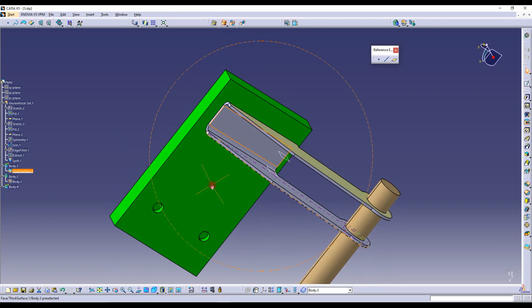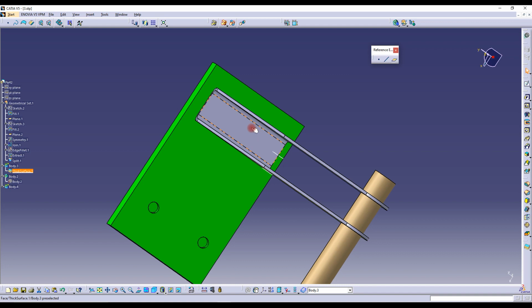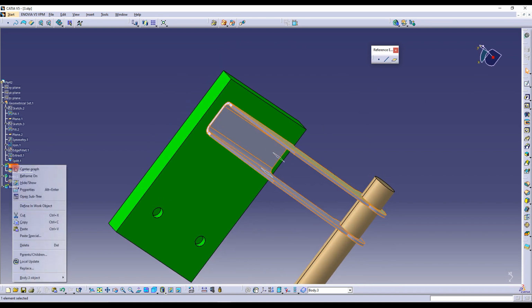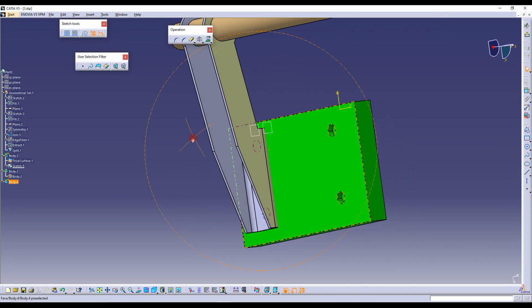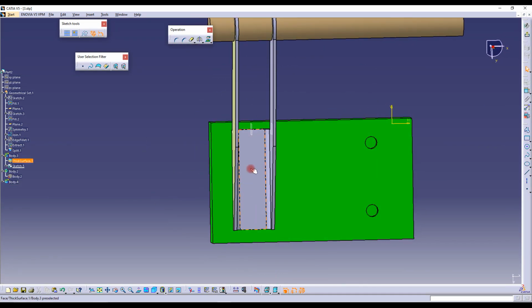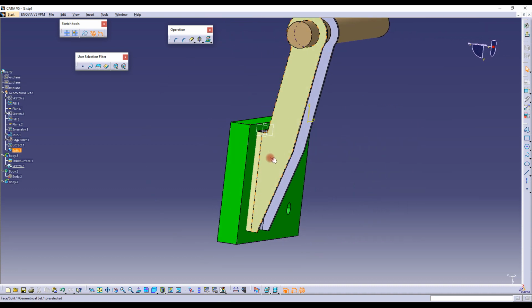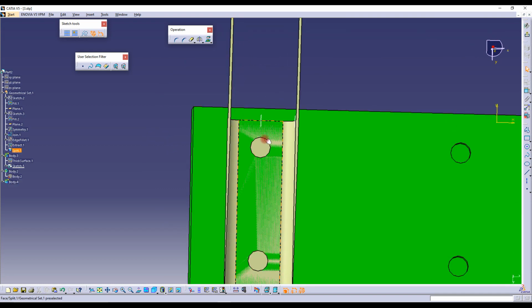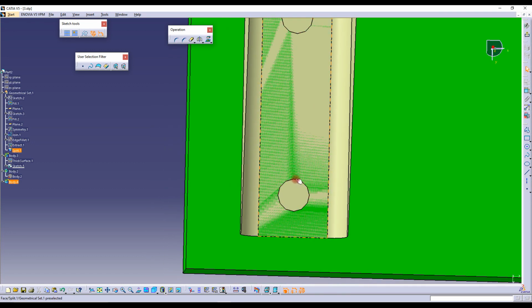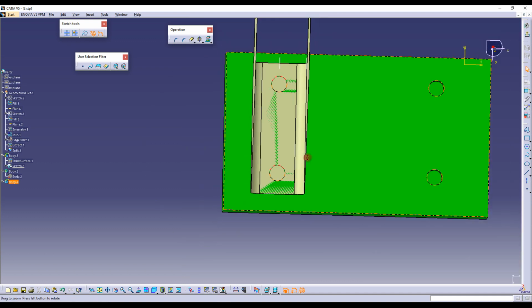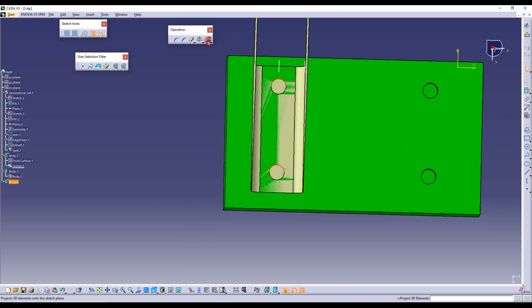Now let's quickly go through the final operations to finish this part. So on this face, we'll be sketching. So inside the body, let's sketch on this face, go to sketch, and we need to extract these 2 circles to create the hole. So for that, let us hide the bracket. Using this geometry, we can extract. So select this geometry, select control, select this geometry, the circle or semicircle over here, and extract it, make it construction element,